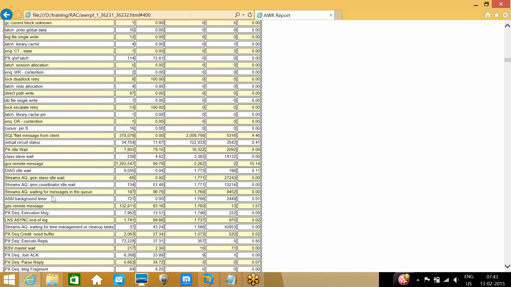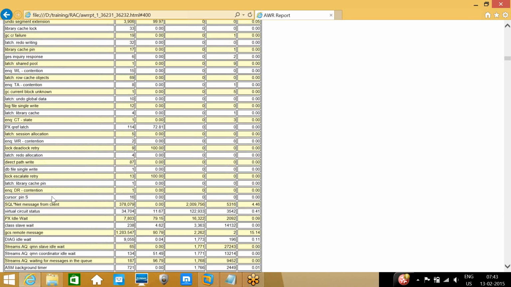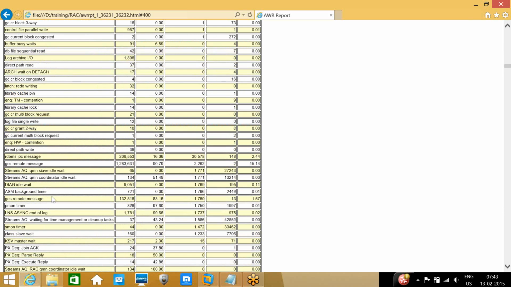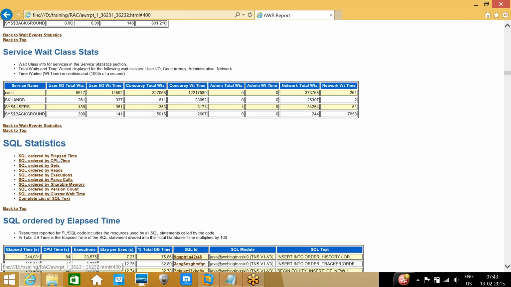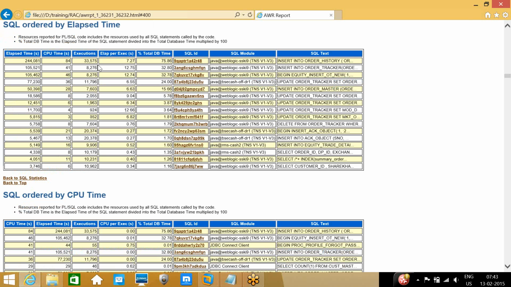Now I am checking the elapsed time, SQL ordered by elapsed time. See here, there is one SQL: insert into order history, insert into order tracker.